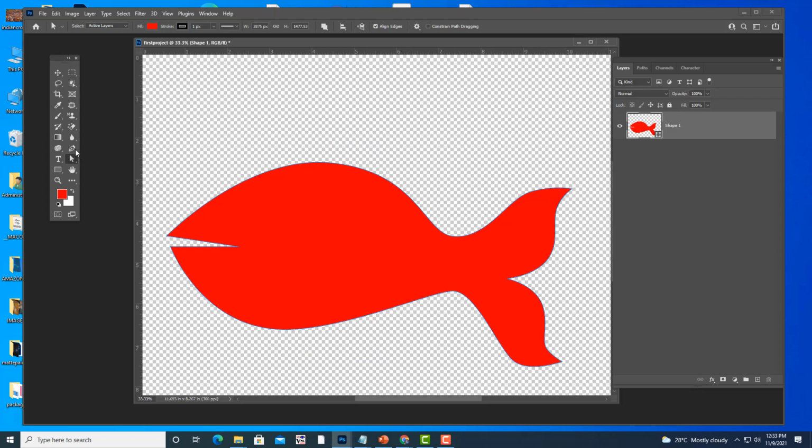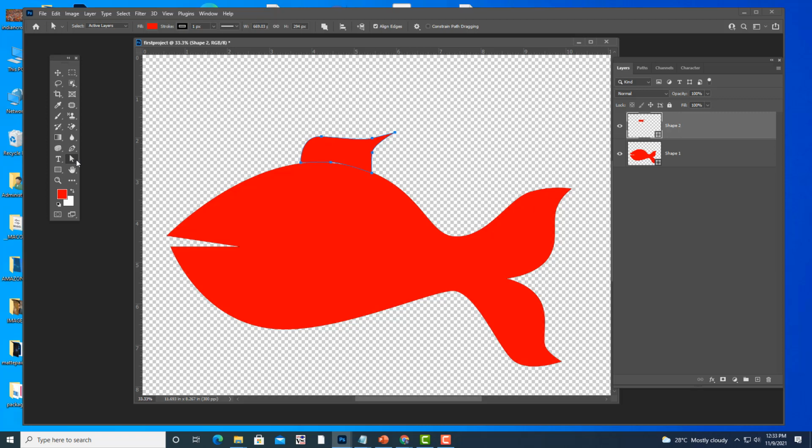Okay, so now to create the pins, simply I am going to select the pen tool and I will design the pins purely with my imagination. How? Simply click here and then just drag, and then we have to drag again here, click here and again drag, click and then click. See, I have created a pin.